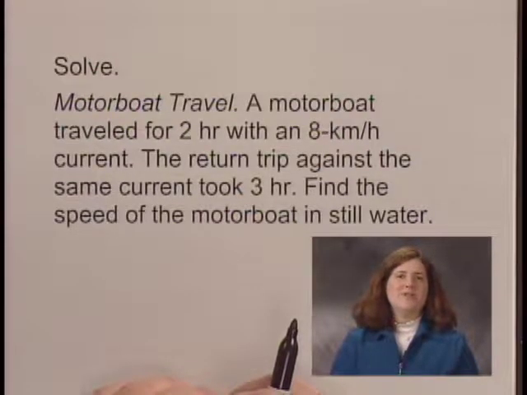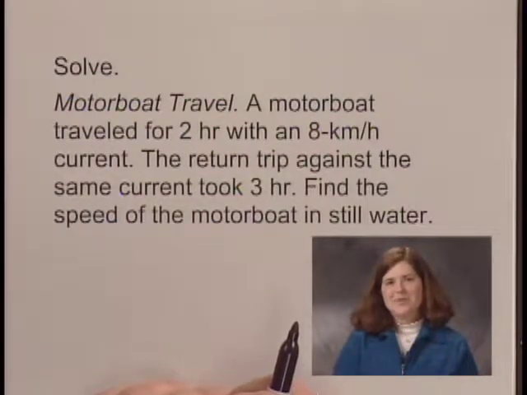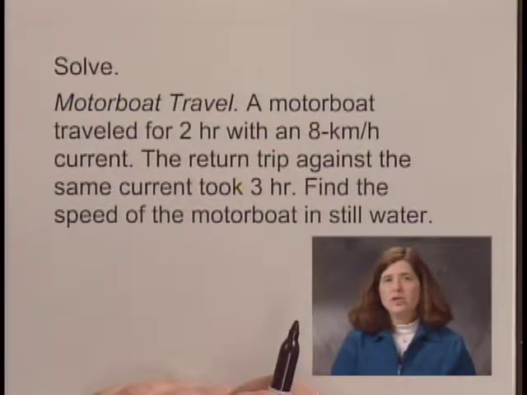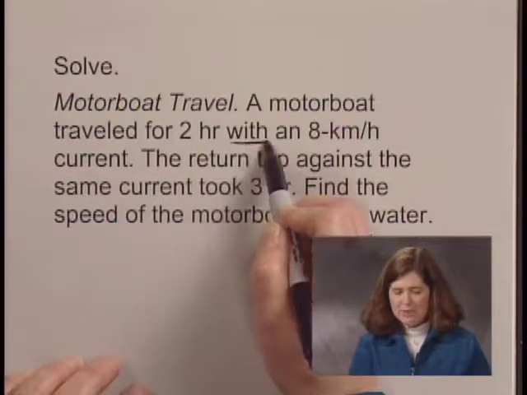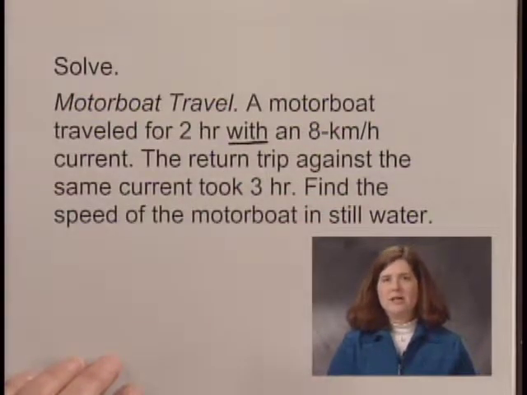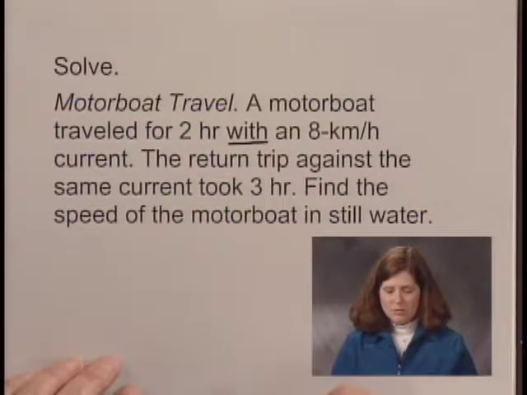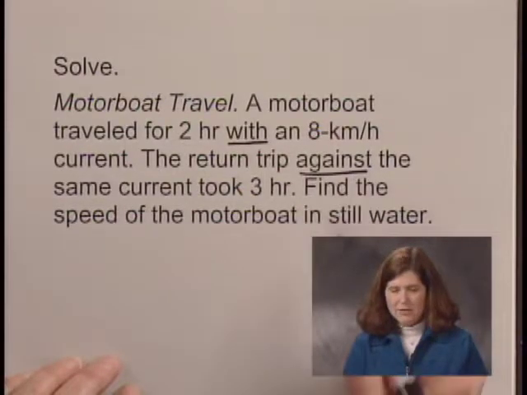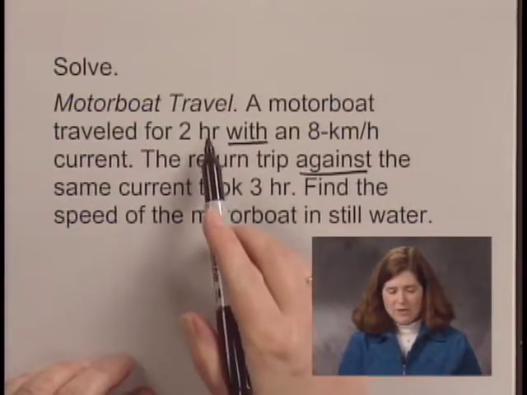We'll approach this problem using our five-step problem-solving strategy, and the first step is to familiarize ourselves with the situation. We want to first read the question again carefully and notice that we have two motion situations. One is with the current, in the same direction as the current, so the current will be helping, moving the motorboat along faster than it would go in still water. And the return trip is against the current, so the motorboat has to work against the current, so it will take longer. As you can see, it took 3 hours to go against the current and 2 hours to go